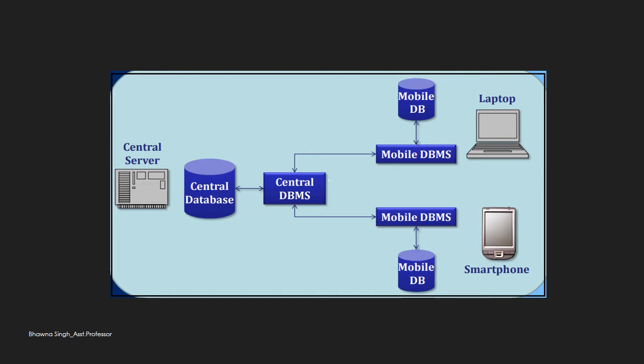And as you can see, we have two mobile databases: one person is accessing the database with the help of a laptop, and the other person is accessing the database with the help of his smartphone. So with the help of these devices like laptop and smartphones, we are able to connect our mobile databases with the central database, that is the main database of the entire corporate. While just sitting at home or while moving at different places, we'll be able to connect to the main company's database, and we can share all the information, we can download the data, we can upload the data, and we can do all the updates side by side.